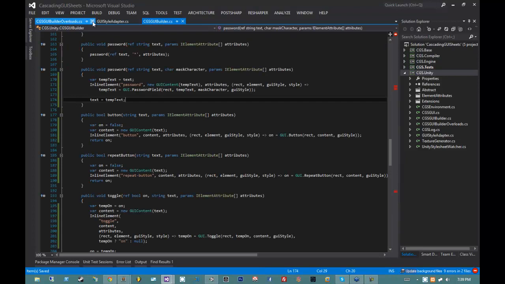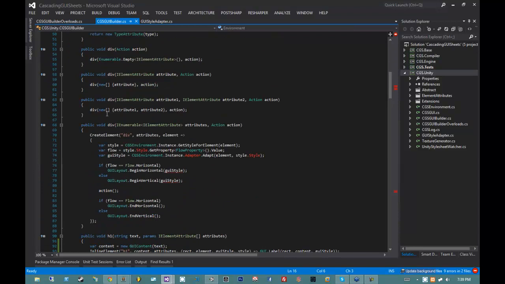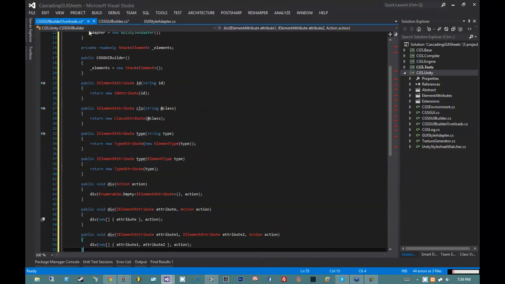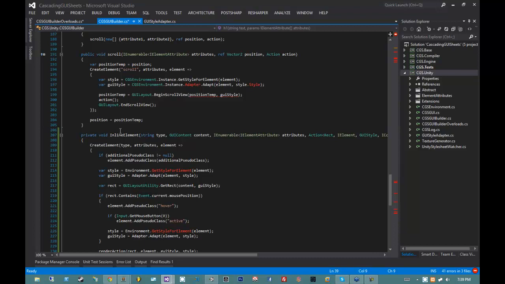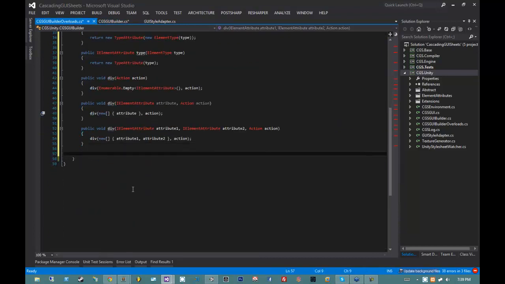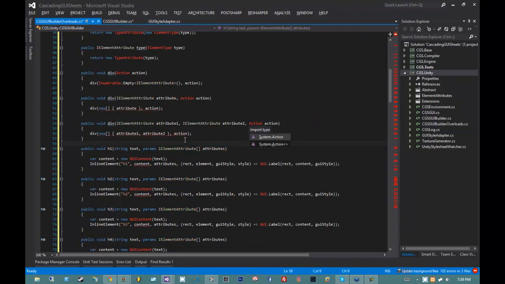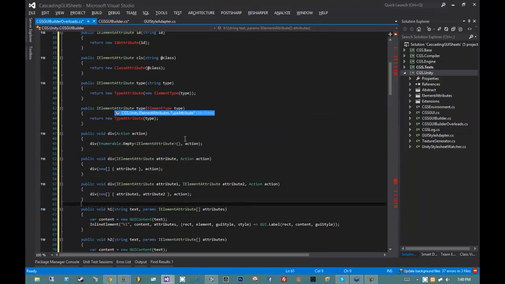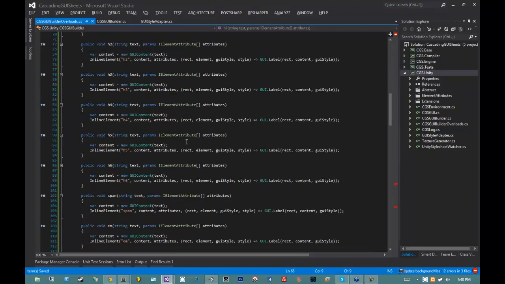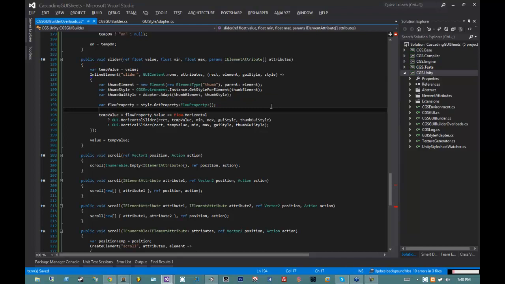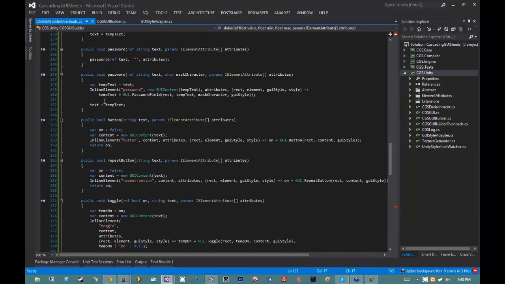Okay, so now that we made CGS GUI builder a partial class, I'm going to move all of this incredibly repetitious code into my other partial. I don't do this very often, but whatever. It does make code a whole lot cleaner in the certain instances where it's required. Obviously, the reason I don't find myself creating partial classes like this very often is because typically classes that I write are not this large and long-winded. The problem is that the CGS GUI builder is long-winded